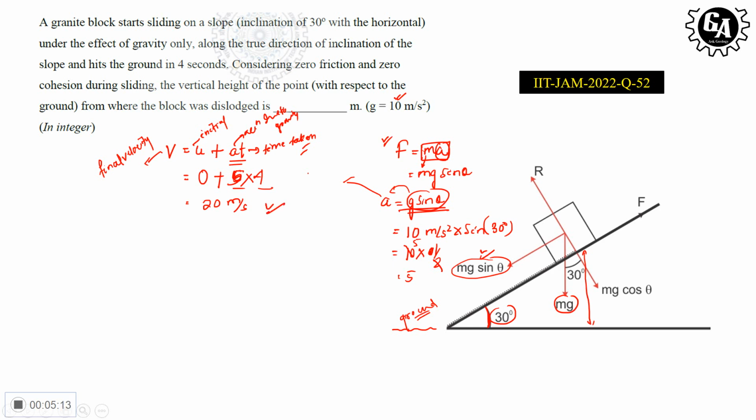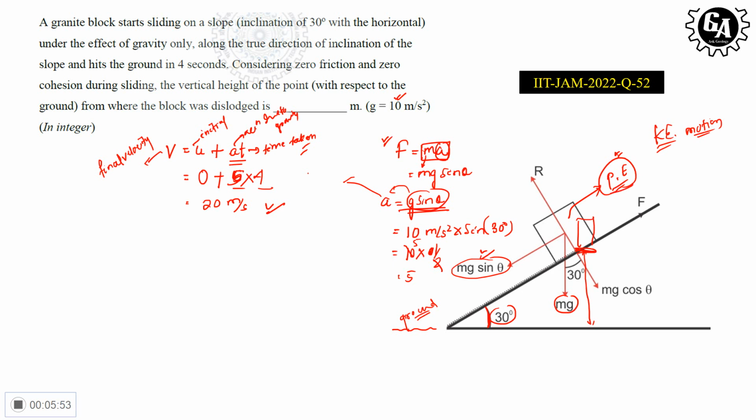Now we have to find out the height. Okay, here we have to find out the height from which it got dislodged. Okay, so you just see that when it is present at a particular height, it is experiencing some amount of energy that is called your potential energy. Okay, potential energy, the energy by the virtue of your position, and kinetic energy by the virtue of your motion. Okay, so when it was present here, when it was stable, it has some potential energy, and at